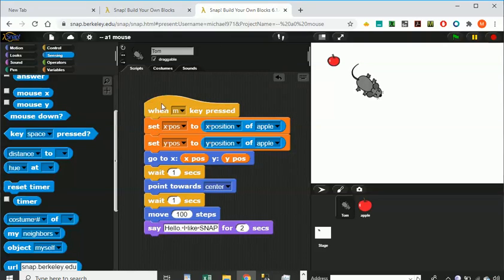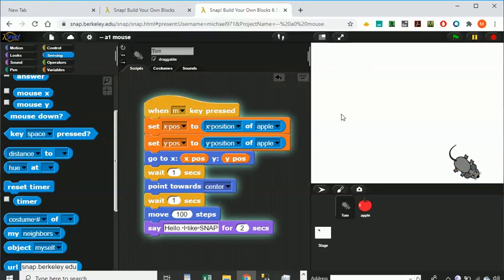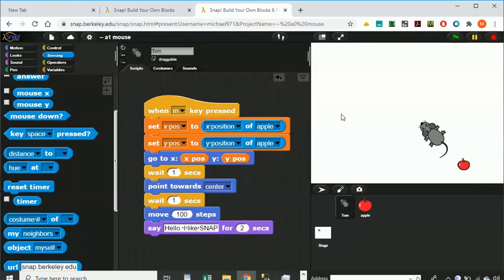I think this is kind of nice, so let's try it again. Move the apple down here, move the mouse here. I just kind of was there. Hit M again. All right. Now,